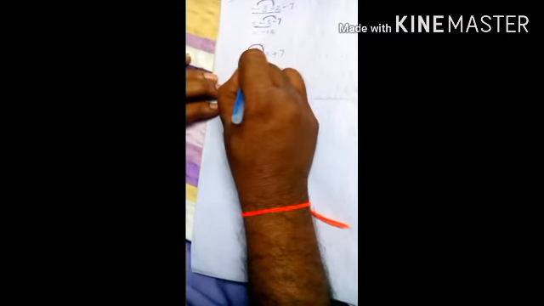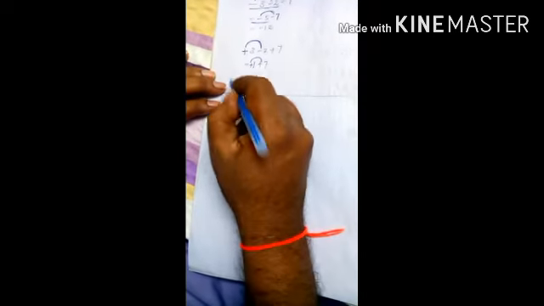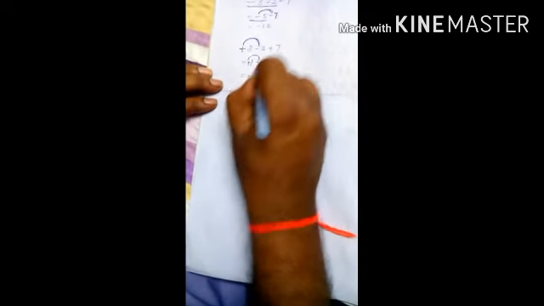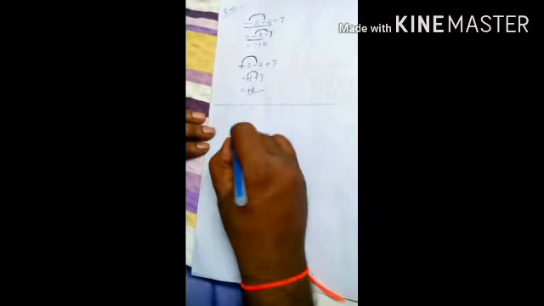Different signs, difference. 3 minus 2 is nothing but 1, or plus 1. Plus 7 as it is, I have written here. And plus 1 plus 7 is equal to plus 8. Now one more I am explaining.